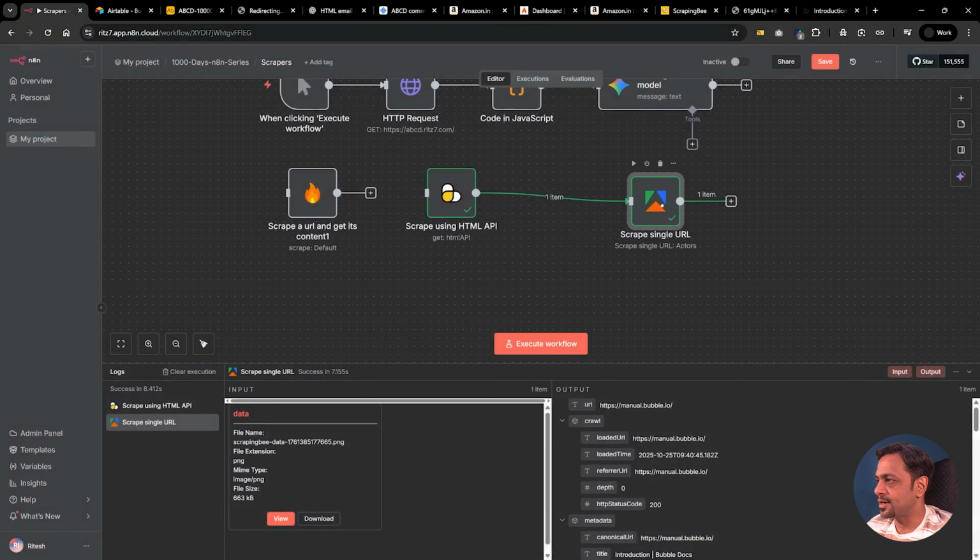And of course, we have used Apify to get transcription from YouTube video. We have used it for scraping details from Amazon. We have used it to scrape details from LinkedIn. It can also be used to scrape details from Instagram and much more. So that's how you can use these scraping tools to scrape data from any website that you want to. And of course, send it to Google Sheets, Slack,